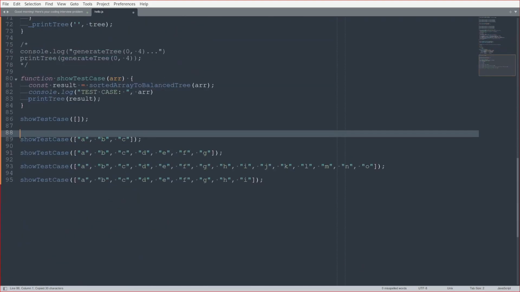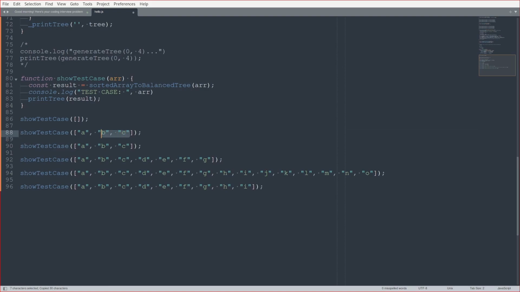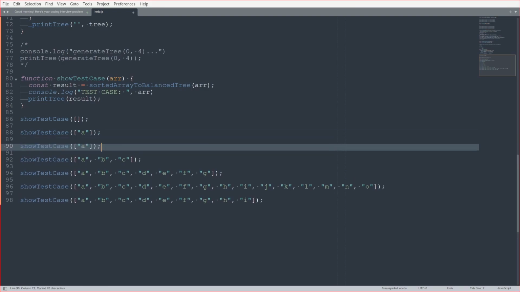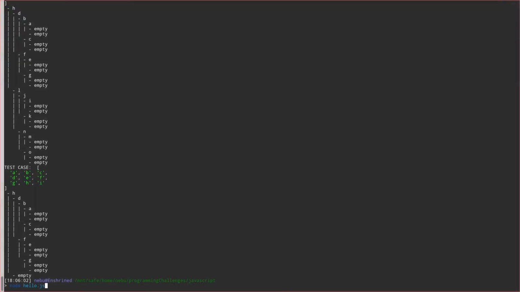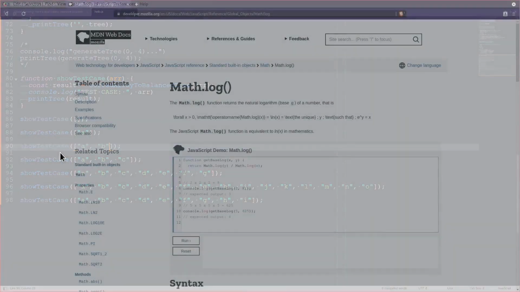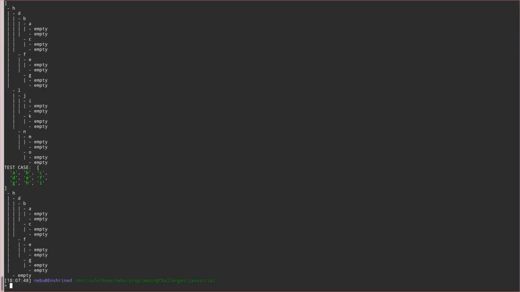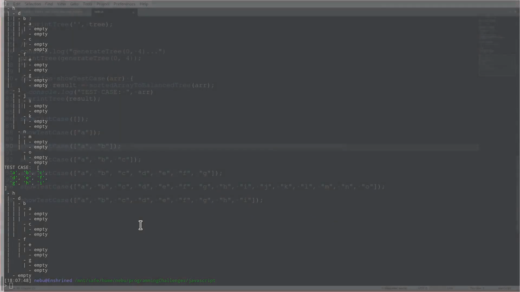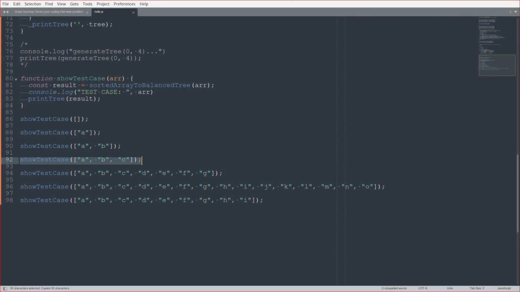Here's what I'm gonna do. I'm gonna add test cases for like 1 entry and 2 entries. Let's see if that works better. A is this, yep. B is this. That looks fine. B. Wait, I'm really confused. If none of these miss the I, what's so special about this guy that the I is missing? All right, let's try